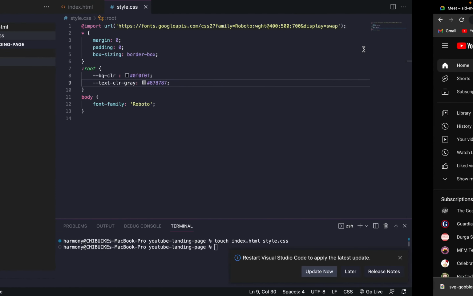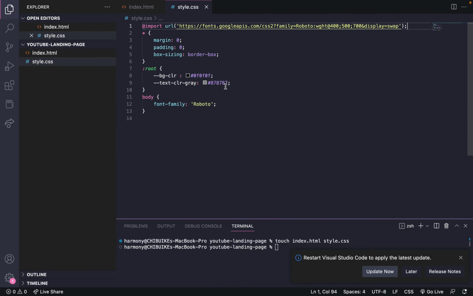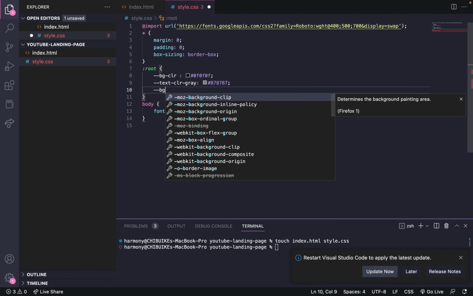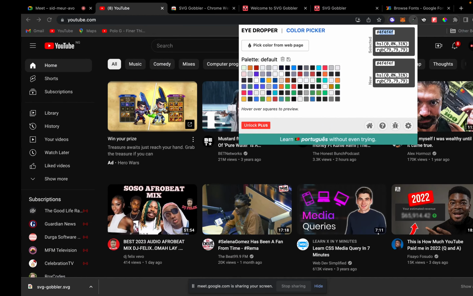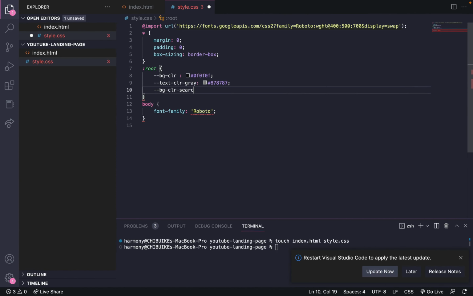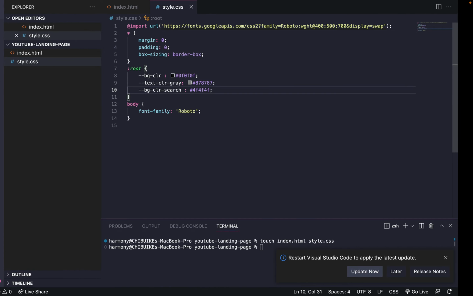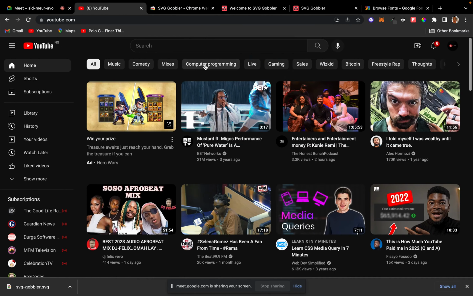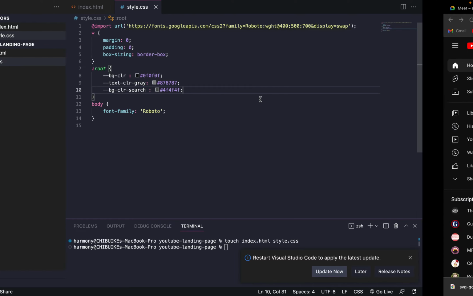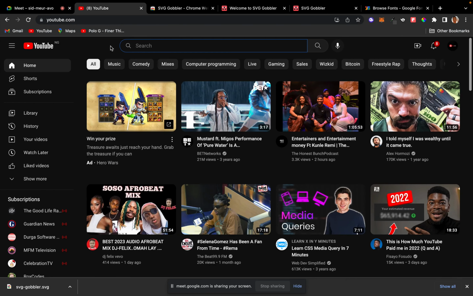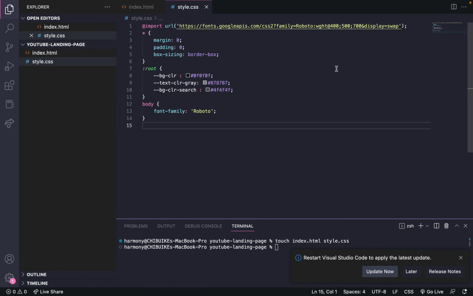So I'm going to call this BG color for the search box. I don't know where else I'll be needing this, but okay, let me just save it here. And I think that's it. Then okay, we'll now go to this